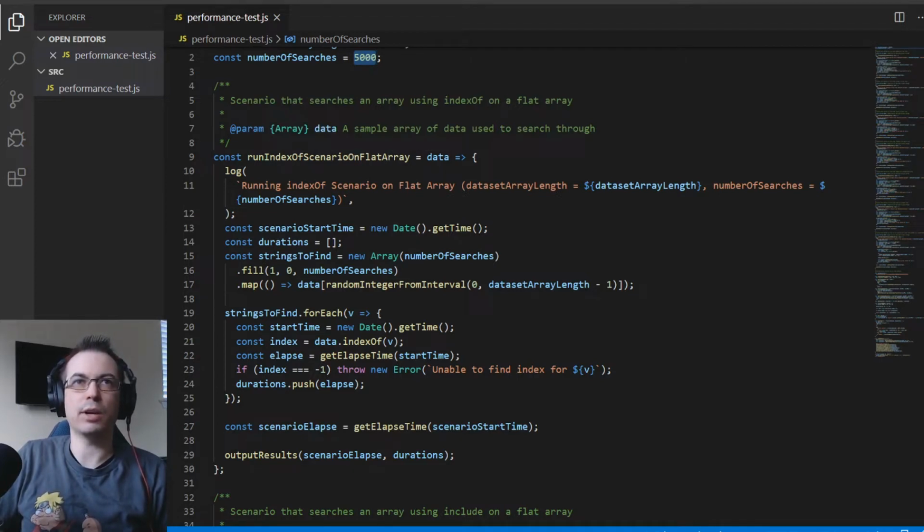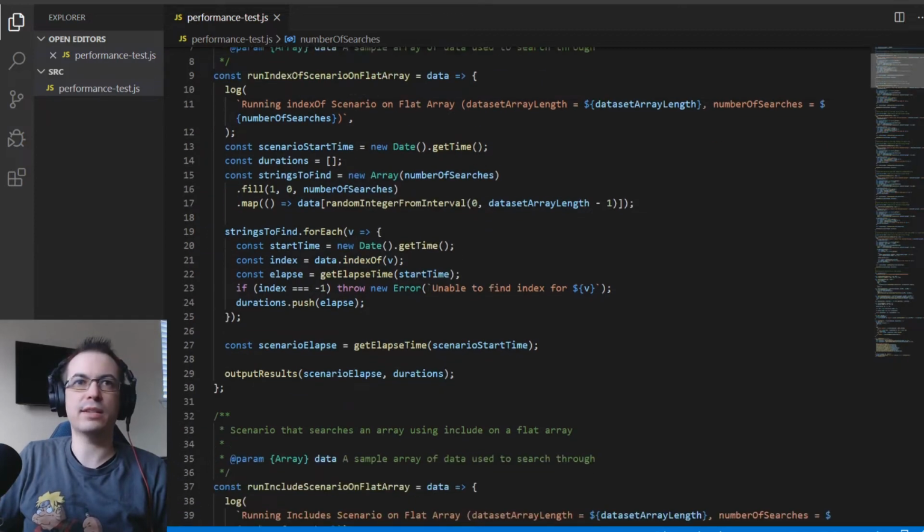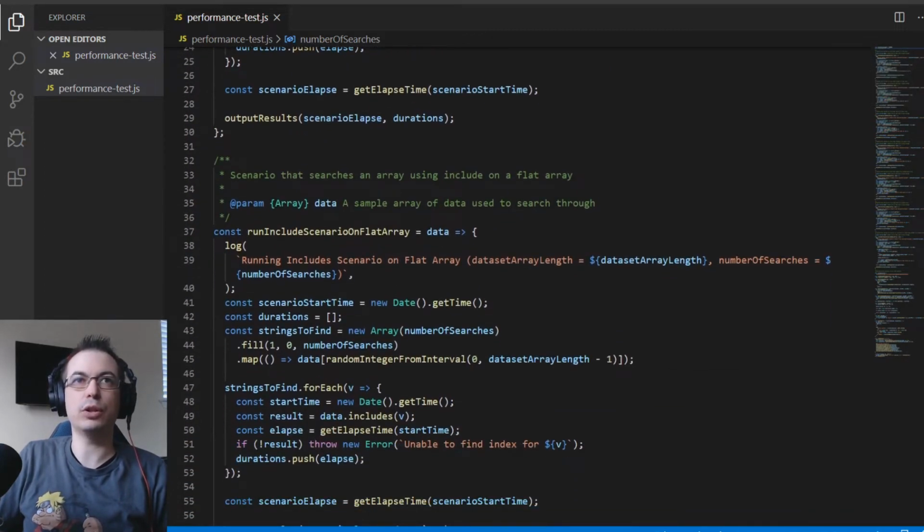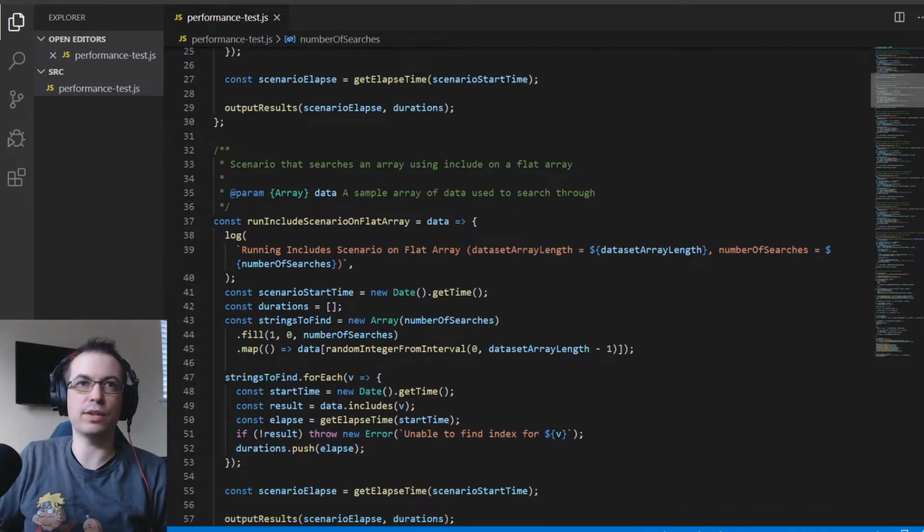So you see here we're defining the start time. Then we're searching for strings to find. Now this is the scenario start time, not necessarily how long it takes for the method. This is just how long the scenario will run for. But within each string defined, you'll notice that I'm searching using the index of method. The next scenario is going to be using the includes method, which is very closely related to the index of. It uses very similar